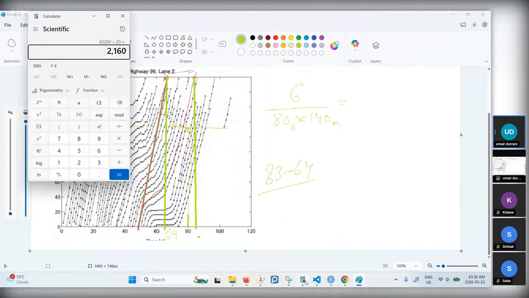So if we estimate that, 6 divided by 80, then divided by 140,